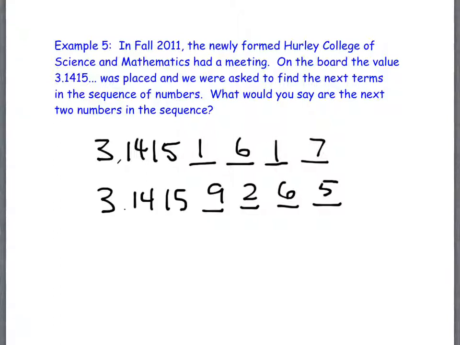Agreed? Okay. So Katie, you did something different. What did you recognize? Pi. It looks like pi. 3.1415 looks like pi. And so what I want you to recognize in me asking you this question is